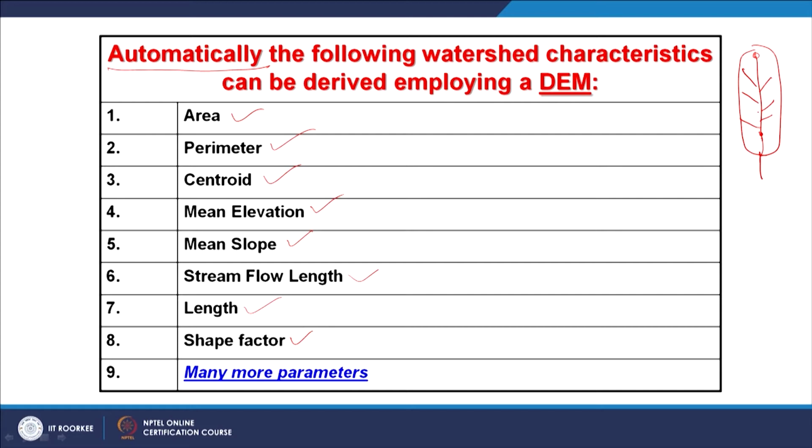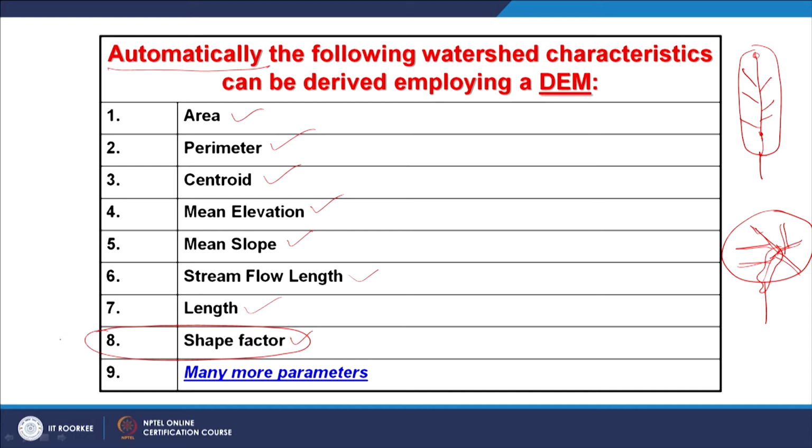Flow length is different, but if the watershed has a circular shape and the outlet is like this and the drainage network is something like this, then what would happen is that every stream will contribute water at almost the same time here, and then there will be flooding in this spot. Therefore, the shape of the watershed really matters a lot for flood modeling, and of course other related things like sediments will also come.